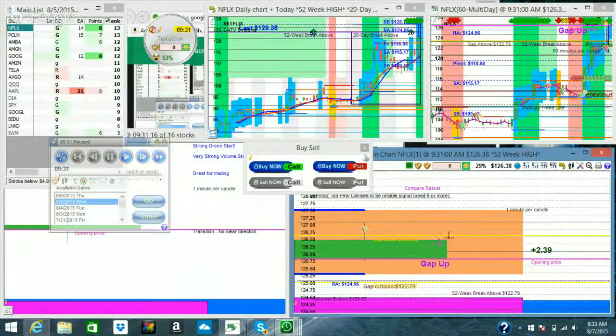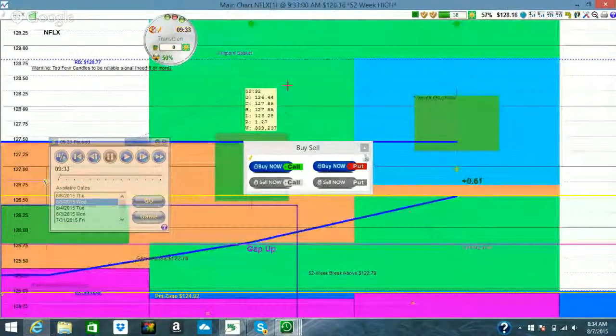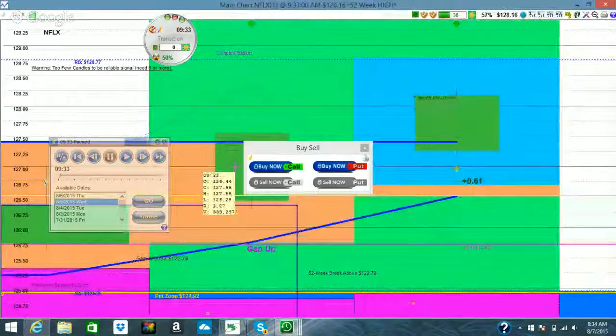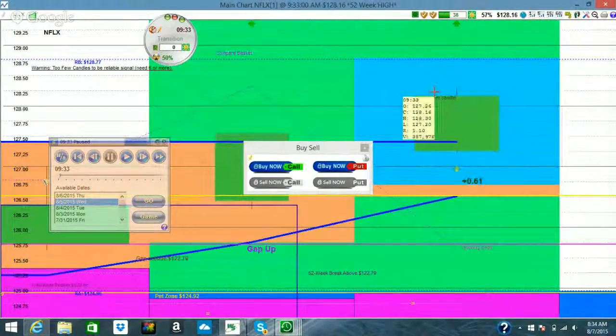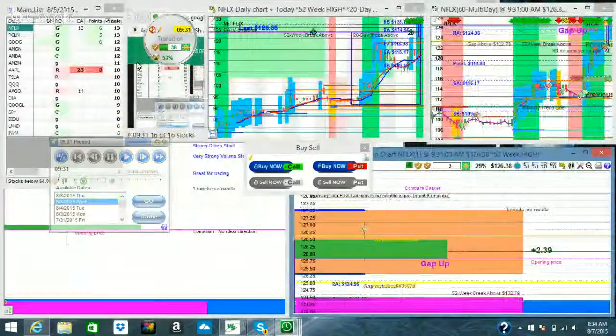And what I'm referring to is these candles right here that represent the day. So each one of these is 1 minute per candle in this case for this segment. So having said that, let's reverse it back to the beginning of the day, and we'll go forward and talk about it a little bit.